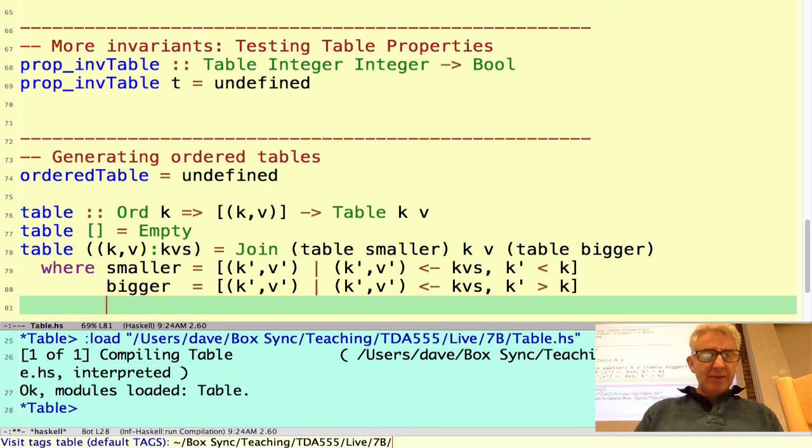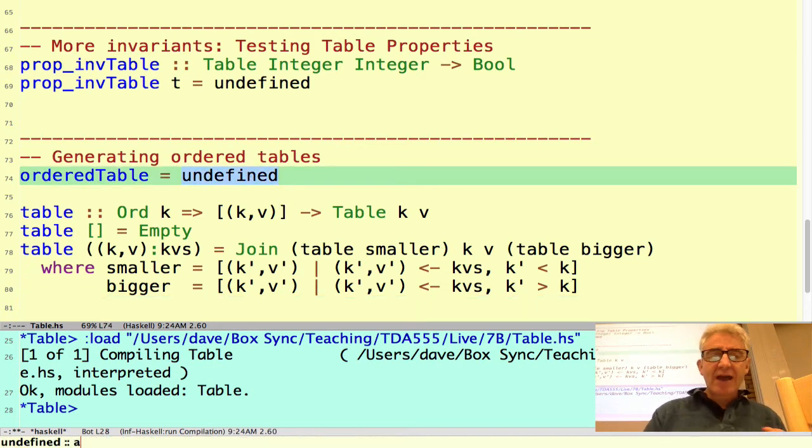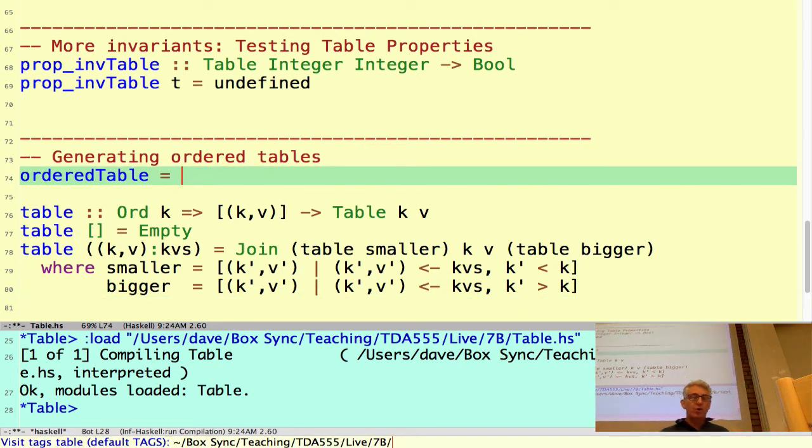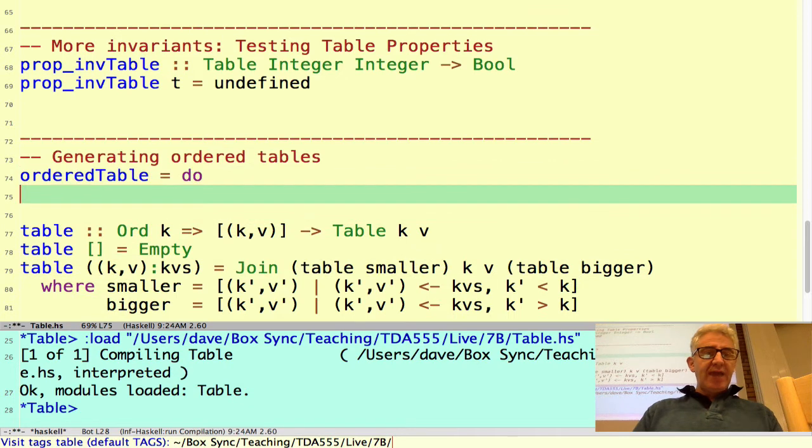Okay, let me just see that compiles. Yeah, it does. So now I want a generator for ordered tables. So I'm going to build a generator. That's a do thing. So how am I going to do it? I'm going to randomly take a list of key value pairs. Okay, so let's assume I can do that. I take the key value pairs